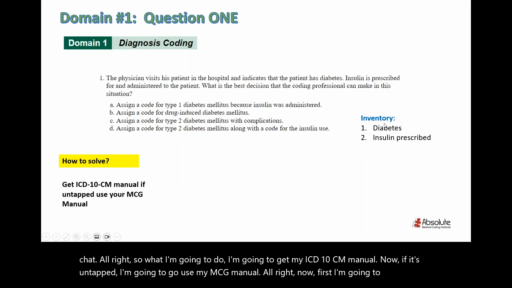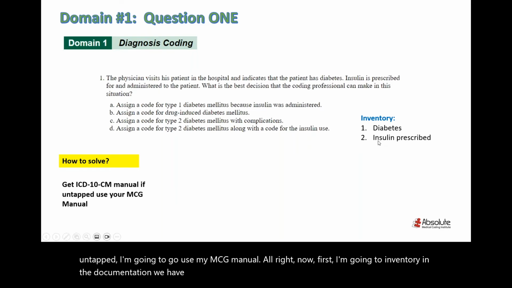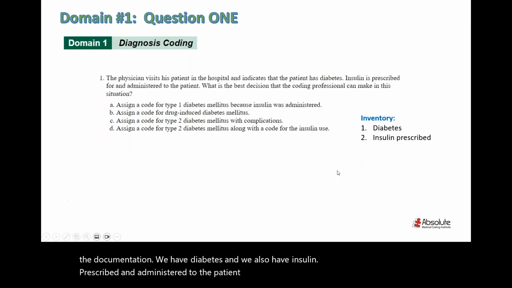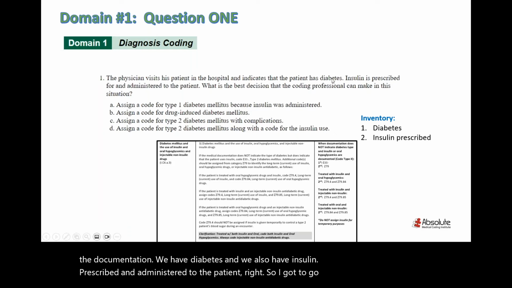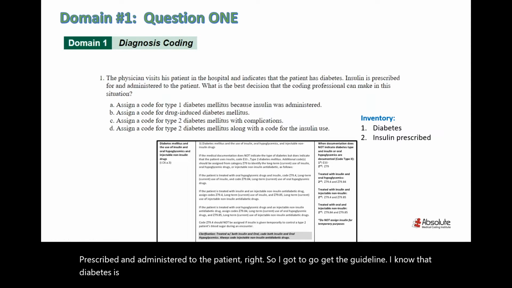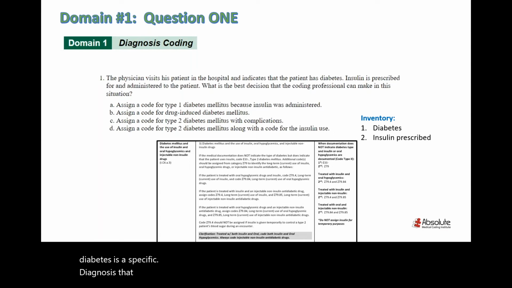In the documentation, we have diabetes and we also have insulin prescribed and administered to the patient, right? So I have to go get the guideline. I know that diabetes is a specific diagnosis that has guidelines, so let me scan that section to see if there's a pertinent guideline. And there is a guideline,